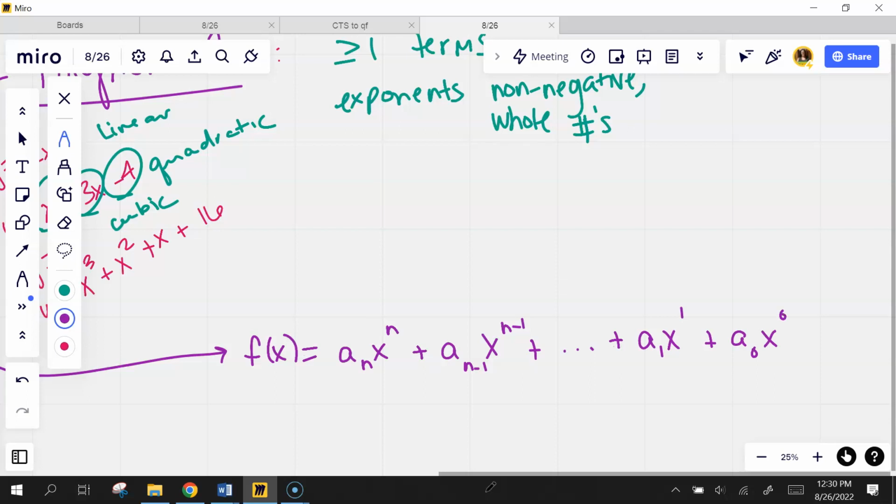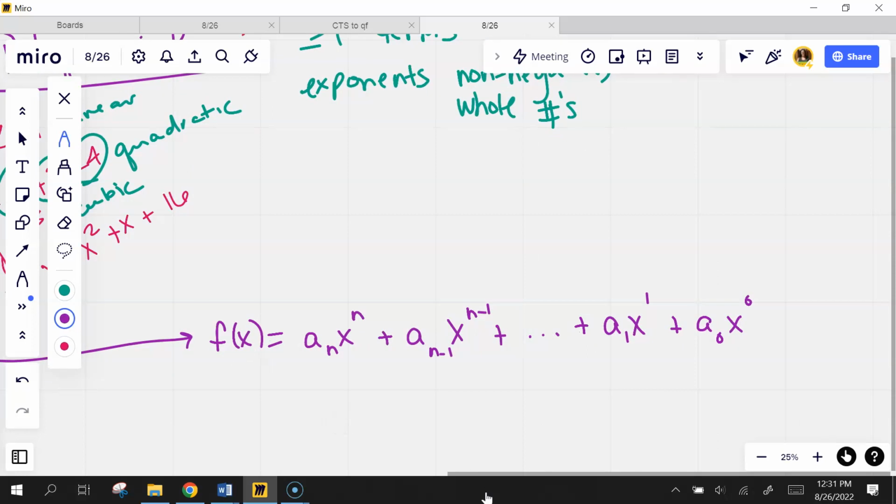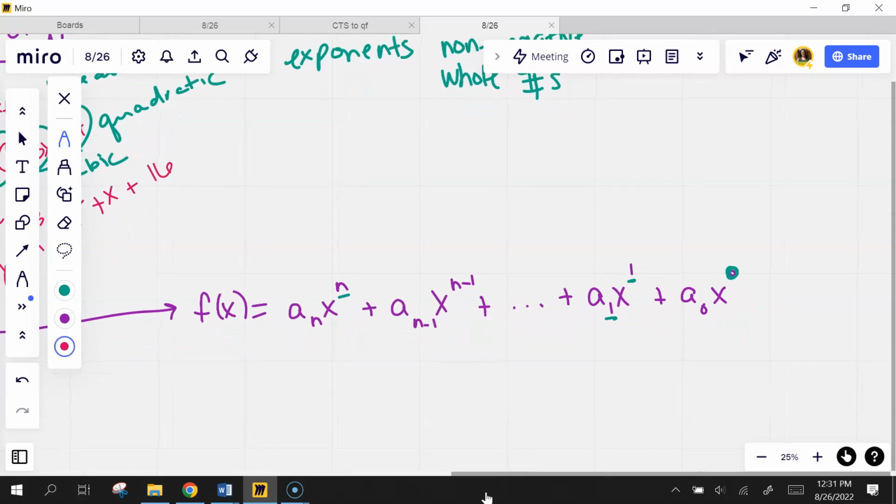Okay, don't let this intimidate you. Let me explain what this is. This is just allowing us to say that this is the a that belongs with the exponent of 1. We start at 0. We work our way up until we get to some unknown number n. Okay, but I need to define what are these variables or these terms here. So my a sub n and a sub n minus 1 and so on and so forth until I get to,